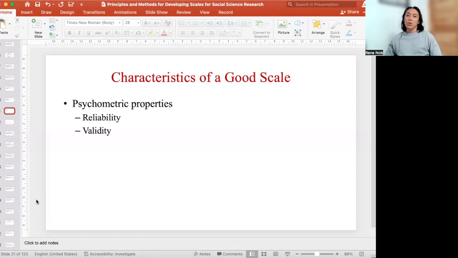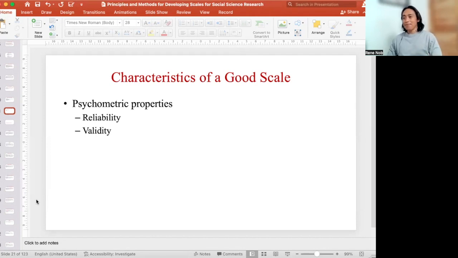So those we don't expect to be as stable across time. But for constructs that should be stable, the instrument must be able to reliably capture that. Of course, aside from that kind of reliability, for scales that measure constructs that are more state-like, more fluctuating, there are also other forms of reliability that have to be measured, including internal consistency, things we will talk about